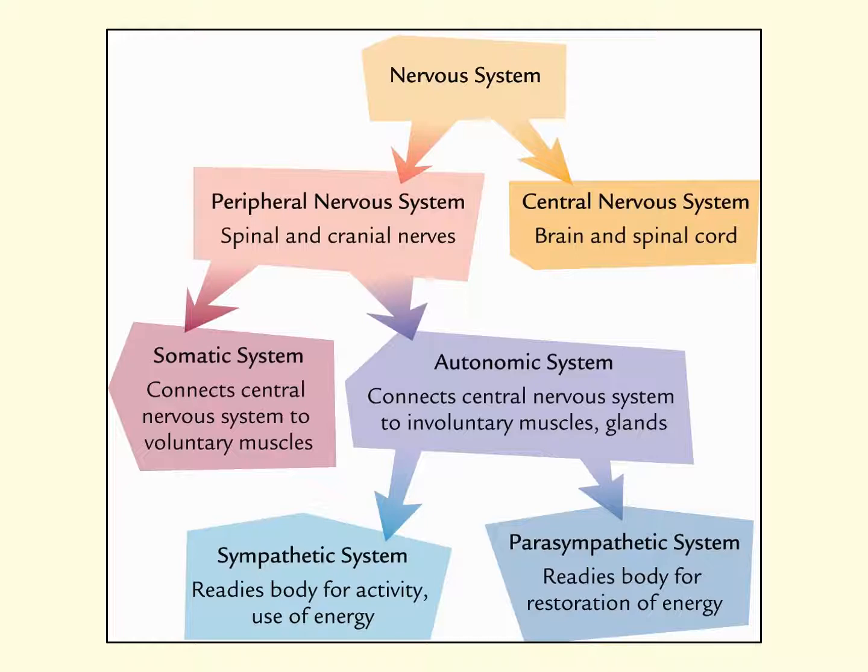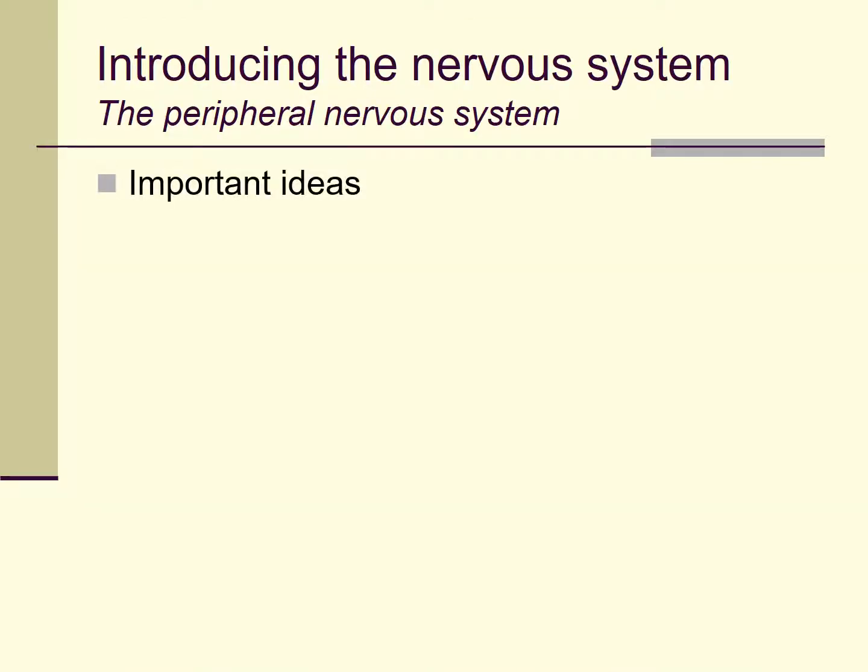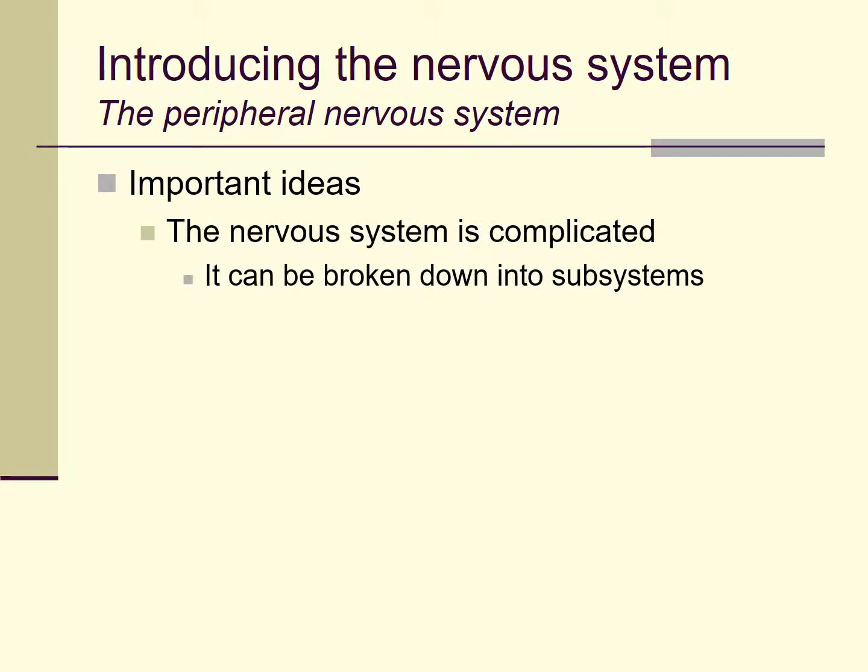If it isn't, sit there for a few minutes, take a look at this picture, think about it, and hopefully it will make sense to you. Important ideas to finish up with are just that the nervous system is complicated. Like I said, many textbooks in biology or anatomy and physiology will point out that the nervous system is the most complicated thing in the universe. I suppose so. It certainly is incredibly complicated, but for the purpose of organization and for the purpose of learning,